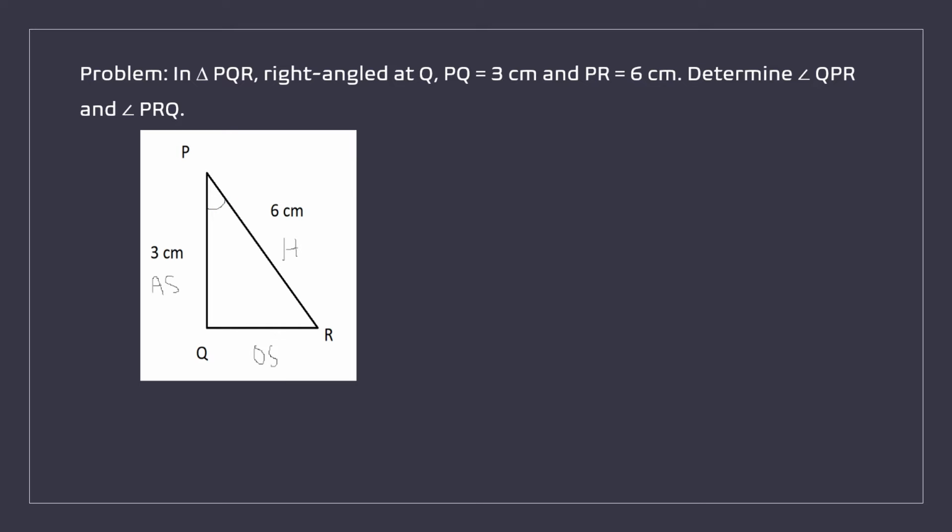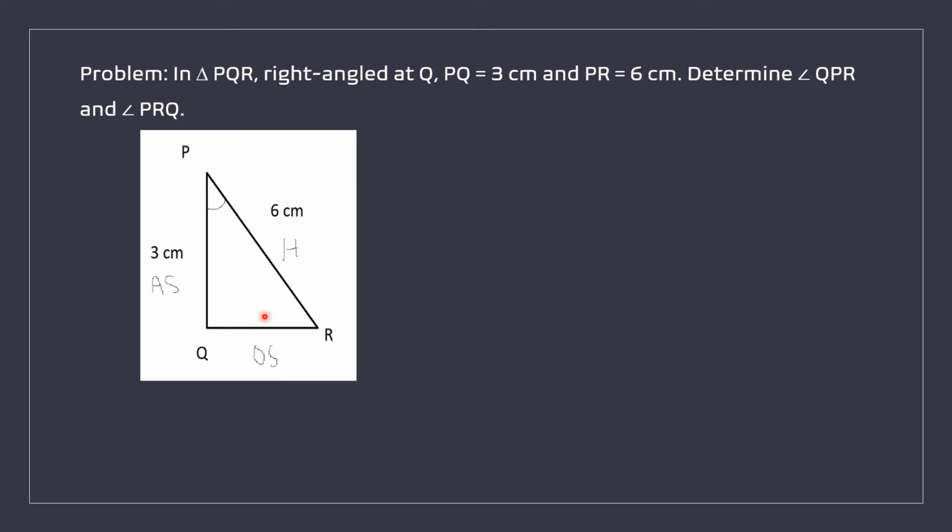Okay. For this, we use the concept of T ratios, of course, the values of T ratios of some specific angles. Here, if you observe carefully, only two sides of the right triangle are given. Except Q, we don't know the remaining angles. We don't know the values of the angles P and R, which we have to calculate. Of course, we can find the third side by using Pythagoras theorem, but we cannot find the angles by using Pythagoras theorem. For this, I will use the concept of T ratios.